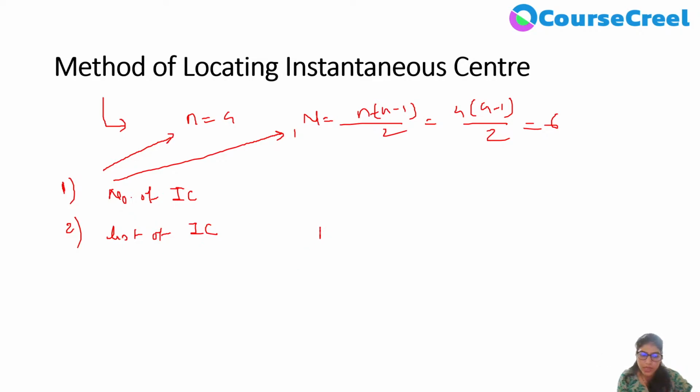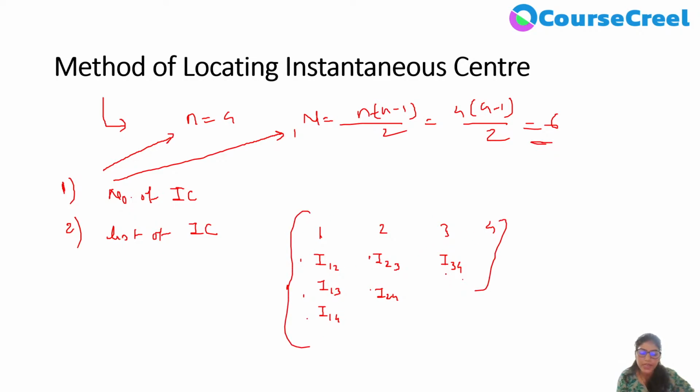ओके, तो सपोज अगर मैंने यहाँ पे लिंक्स मार्क कर दिए 1 2 3 4, तो 1 के लिए कितने कॉम्बिनेशन बनेंगे हमारे, I12 I13 I14, राइट. 2 के लिए कितने कॉम्बिनेशन बनेंगे, I23 I24, और 3 के लिए कितने कॉम्बिनेशन बनेंगे, I34. 4 के लिए कितने कॉम्बिनेशन बनेंगे, 41 42 43, तो 14 ऑलरेडी है, 24 ऑलरेडी है, 34 ऑलरेडी है. ओके 3 के लिए कॉम्बिनेशन अगर हम 2 के साथ बनाए तो 2 3 ऑलरेडी है, और 1 के साथ बनाए तो 1 3 ऑलरेडी है। ओके सो इस तरह से कितने कॉम्बिनेशन हो गए हमारे, 1 2 3 4 5 एंड 6, तो 6 नंबर ऑफ इंस्टेंटेनियस सेंटर के कॉम्बिनेशन हमने यहाँ पे डिफाइन कर दिए, राइट। अभी यहाँ पे एक डायग्राम ड्रॉ कर लेते हैं।